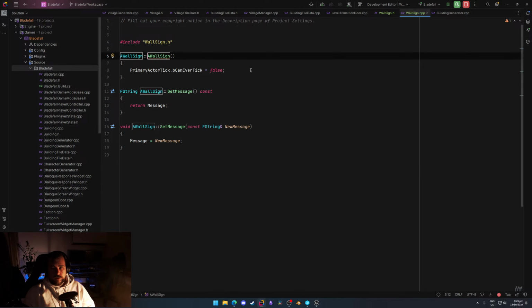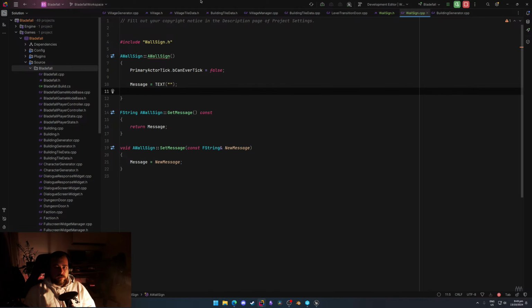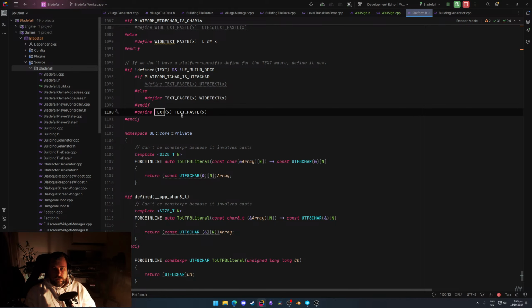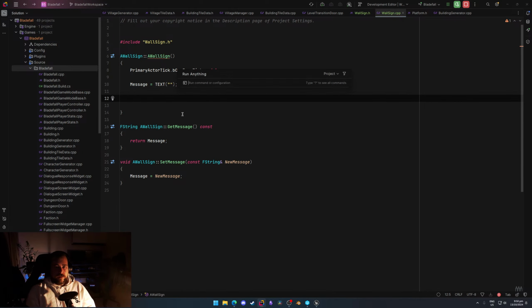Now we just need to initialize some stuff. So message by default will be nothing. I don't know if it matters if I do that, but in fact, what does this macro do? Something about platform specific stuff. Okay, and then we'll do